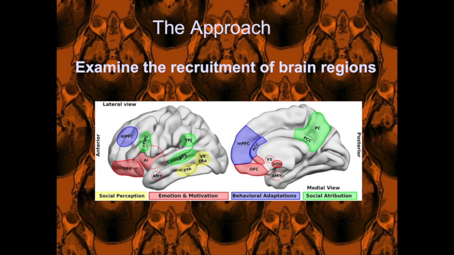Lots of research has associated these various areas with these components. Over time, people have contributed to the literature, and you find that there are specific areas that seem to be associated with specific kinds of tasks. So again, here's FFA, the fusiform face area; STS, the biological motion area; dorsolateral prefrontal, which is working memory. These various areas have been associated with various components of social cognition and behavior. Now,